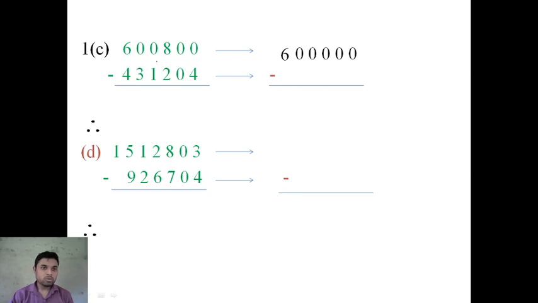Okay, now when we are rounding 4, what number is just after 4? It is 3. 3 means what? Less than 5. So if it is less than 5, what will it be? 4 will be just the same. And how many digits? Just right side of 4, 5 digits. So there will be 5 0s. Is it clear? Now do the subtraction.